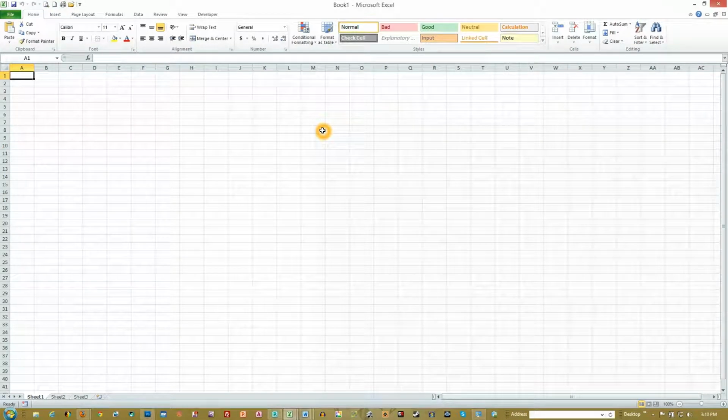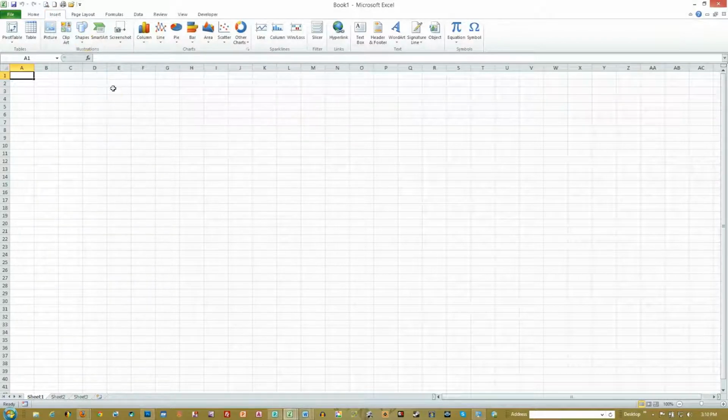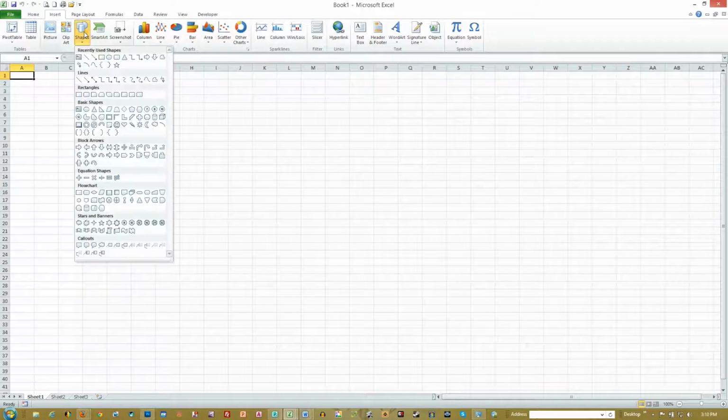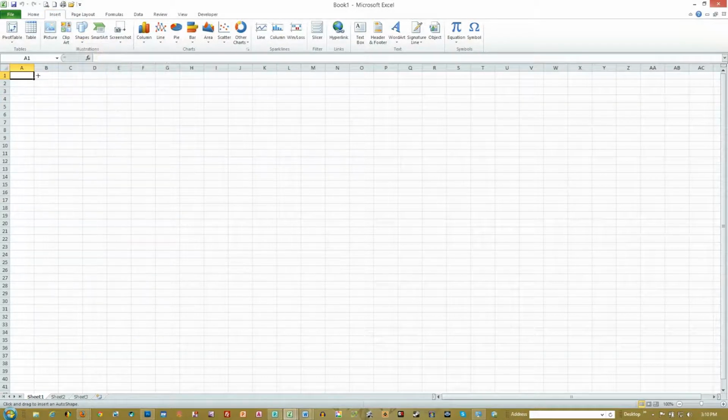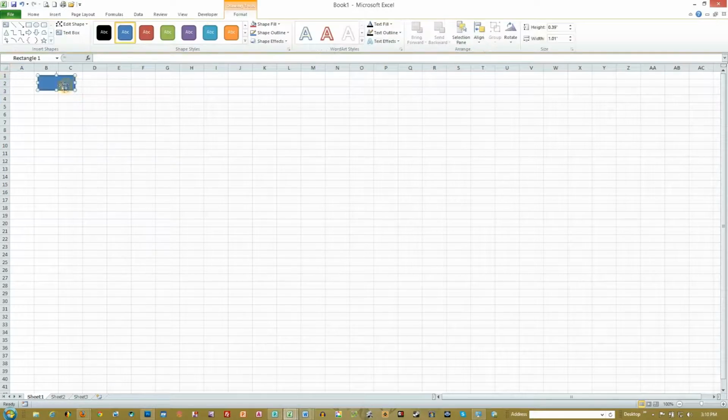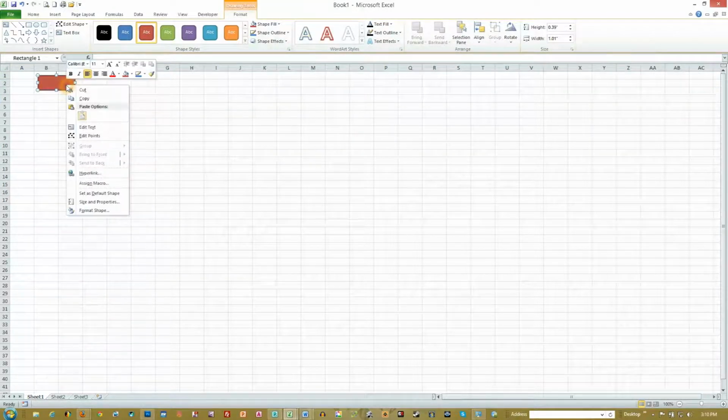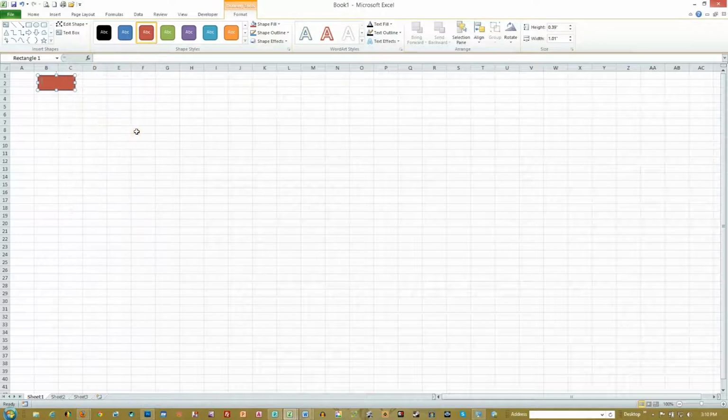You can create different buttons and things like if you're building a form. But one of the things that I found to be the easiest with this is just to create a shape. This way you can be a little more creative if you want. But if we're just creating a button, we just can come up to our Insert tab, Shapes, say click on like a square or something. You can manipulate this and change the colors to whatever you want them to be. You can right click on it, edit text, test button,